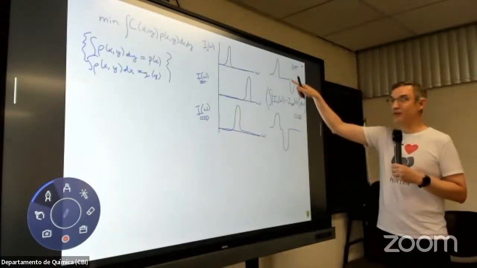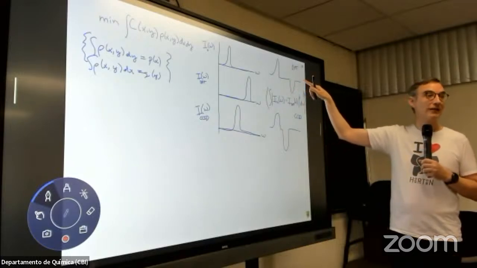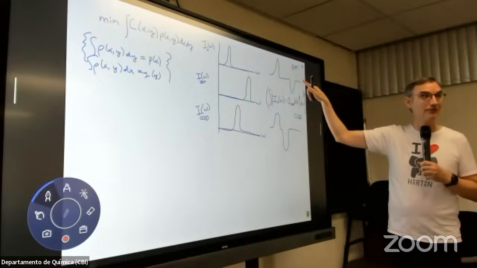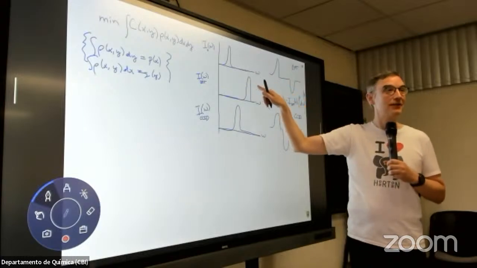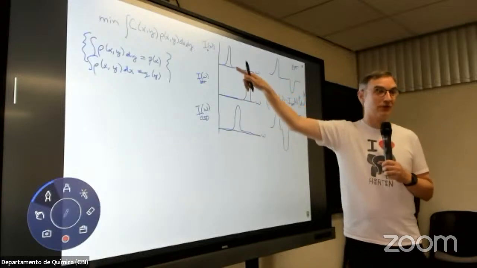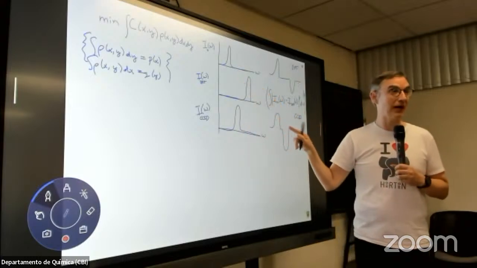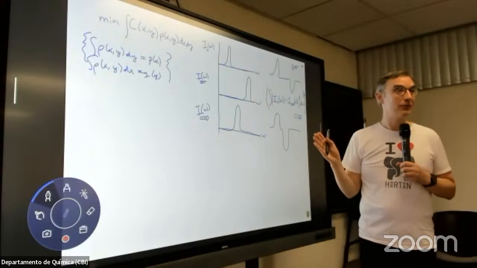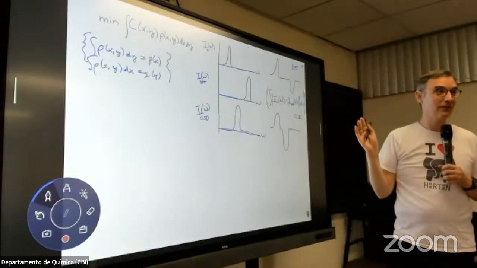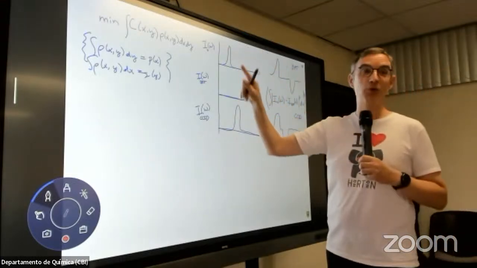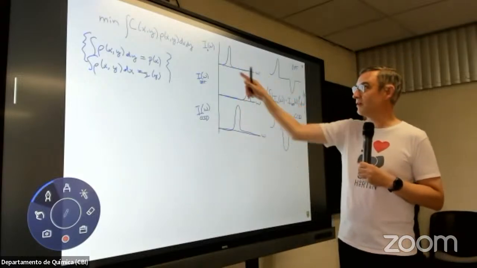But these two functions, when I take their absolute value, are exactly the same, right? Or their integral is exactly the same. They're both equal to the integral of this plus the integral of this. It didn't have anything to do with the fact that there was some sliding it further over. As long as there was no overlap between this curve and this curve, the integrals are all the same, right? But from the optimal transport, the amount that it takes to move this distribution 1 unit versus 3